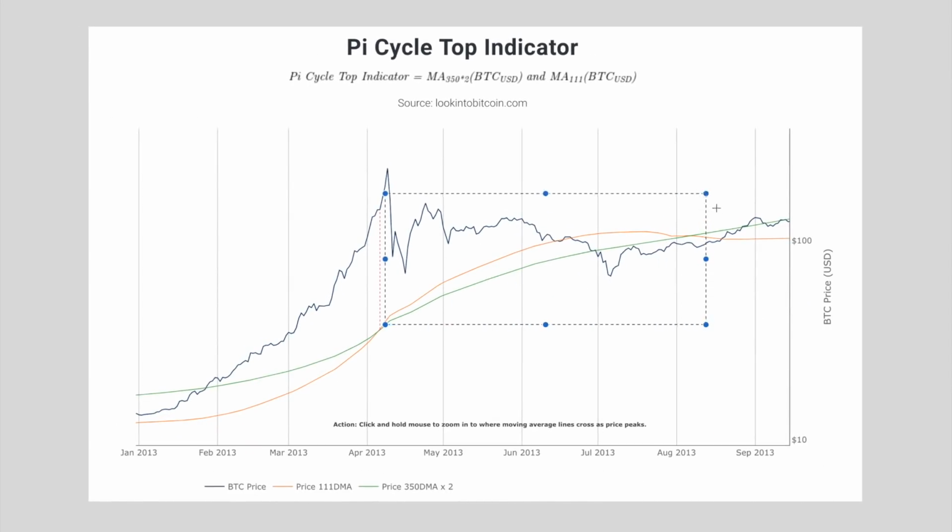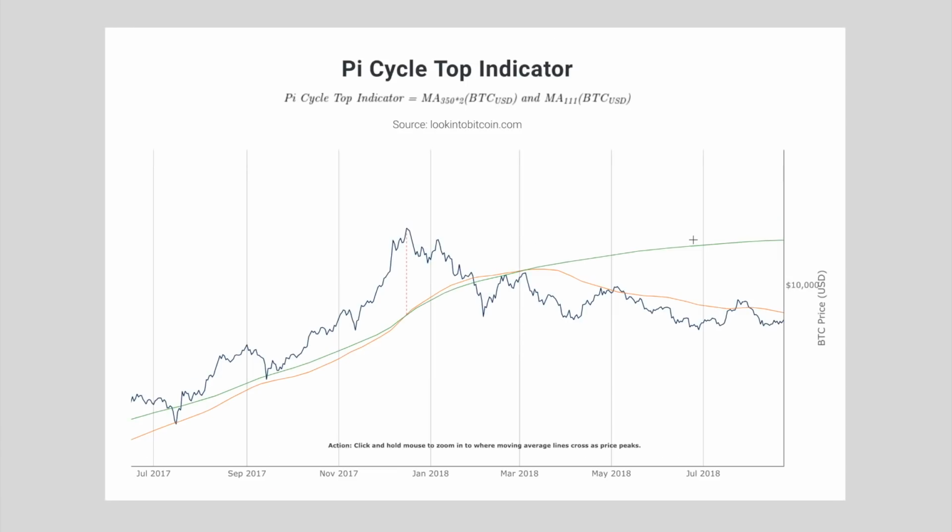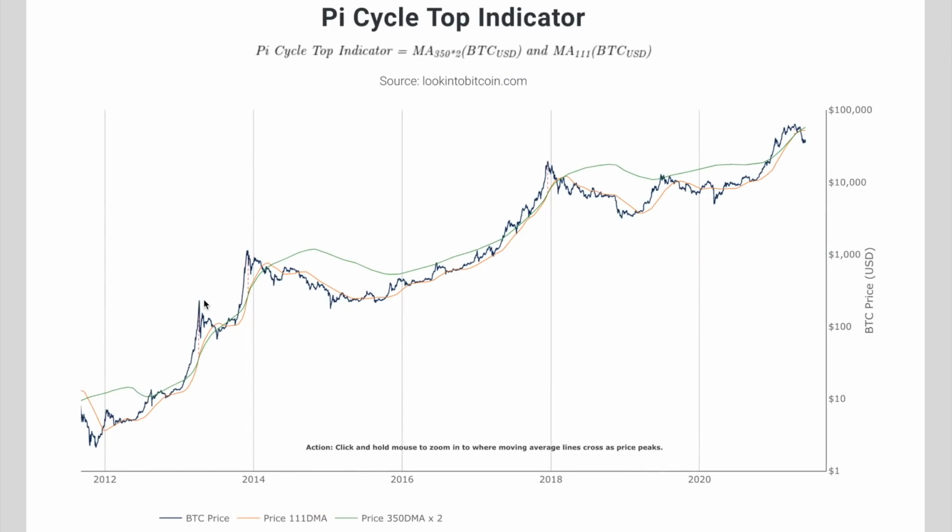That EMA, this orange EMA, that crossover's taking a long time to cross back. It takes from around April to August for that entire crossover to occur. And then we have lower highs consistently since then. But we have to maintain here that lower high precedes a crash, that's true. And then we recover,